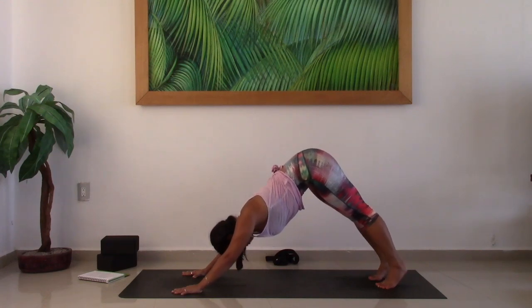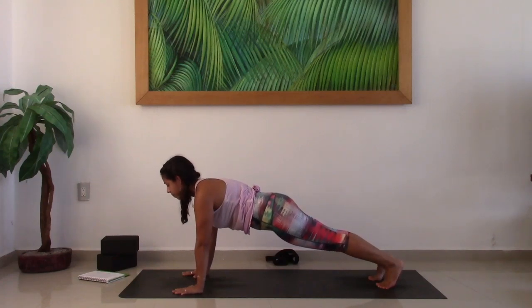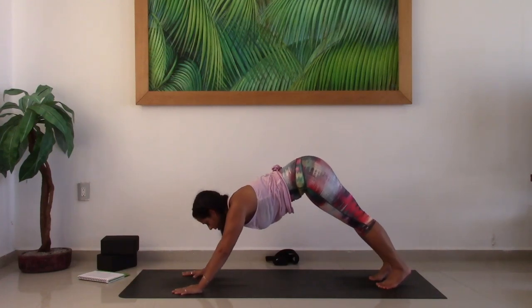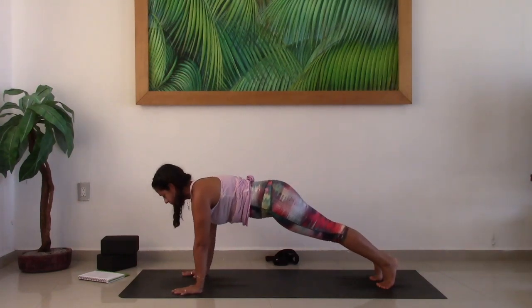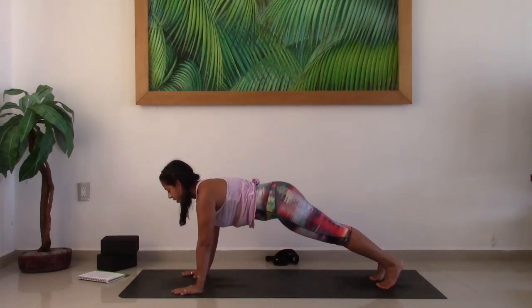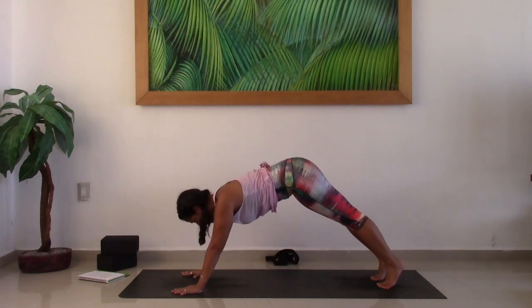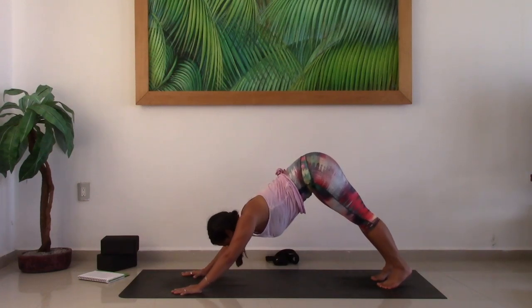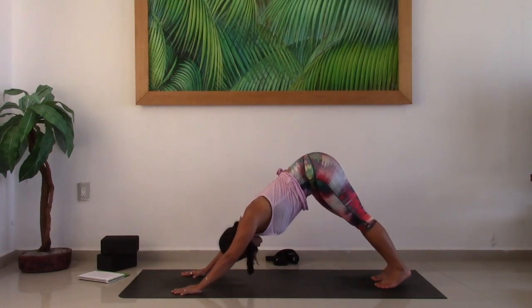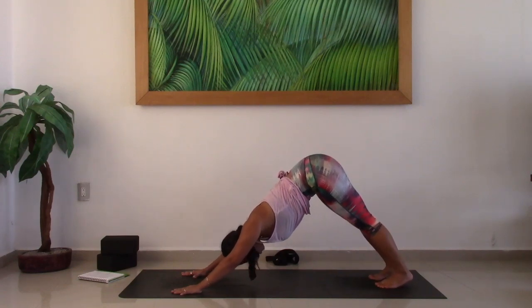On an inhale, come forward into your plank pose. Nice strong plank, shoulders over wrists. Exhale, press back, downward facing dog. Inhale, come forward, plank. Exhale, downward facing dog. Inhale, plank pose. Exhale, downward facing dog. Now you have the option to stay with that exact same movement, plank, downward facing dog,